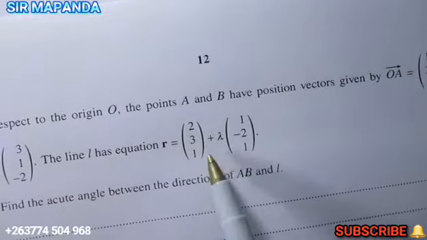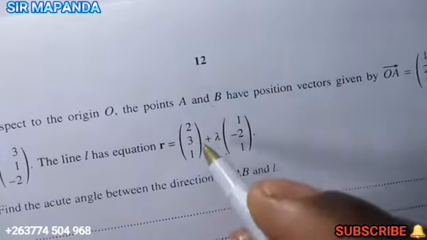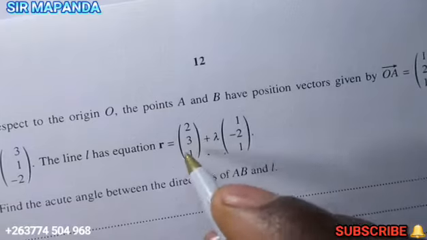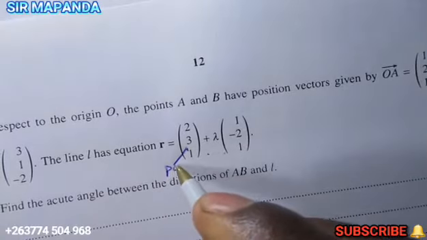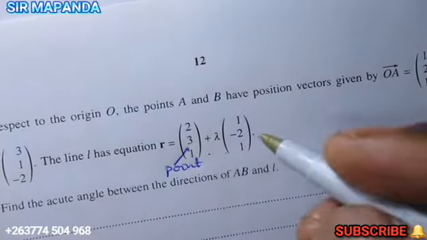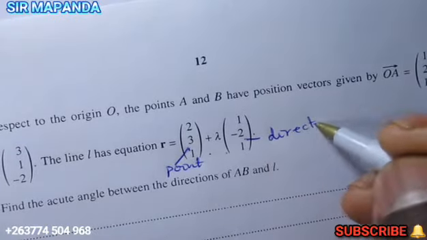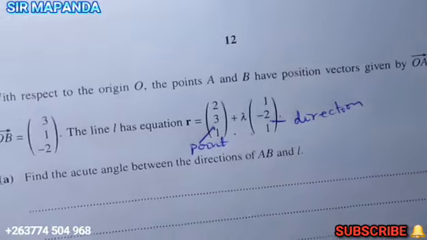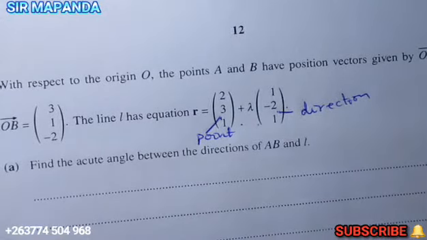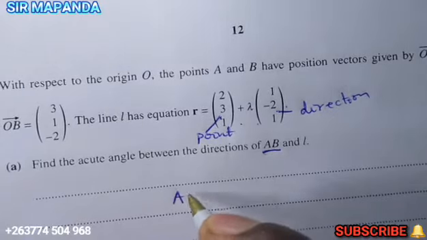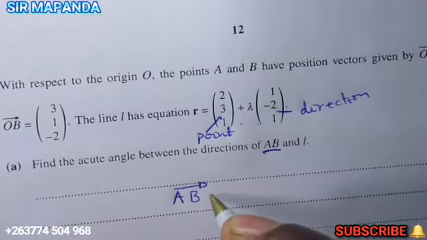So this is the vector equation line, and you need to understand the meaning of these column vectors. These represent the point which is lying on the vector line. Then this represents the direction of the vector. I hope you are following, right? So to find the acute angle between the directions AB and L, you start by calculating AB. So AB is going to be calculated by the formula